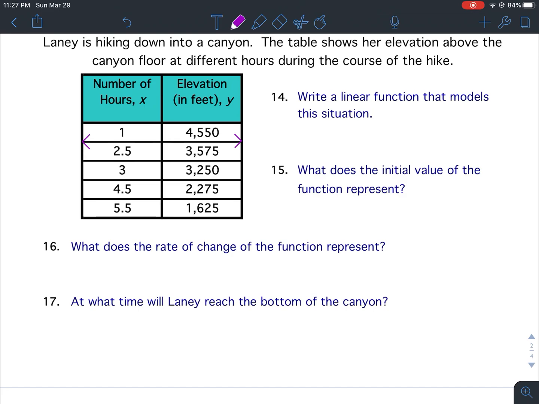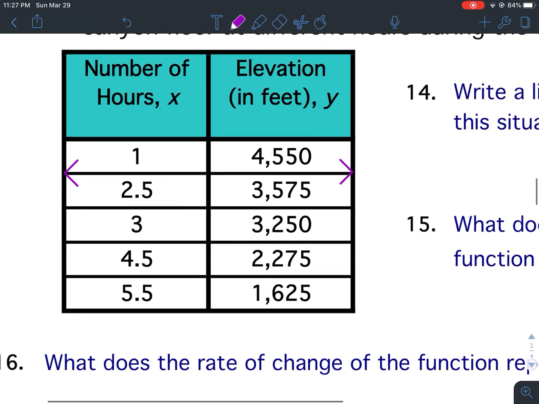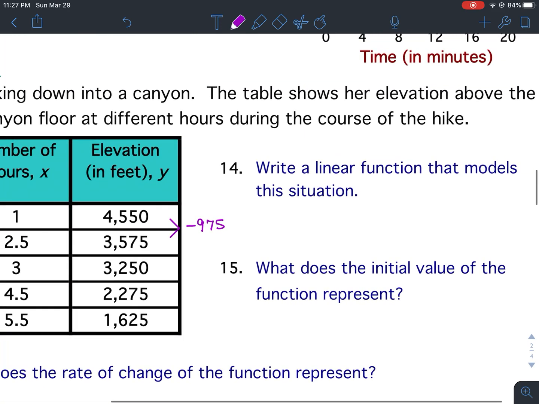In order to write that linear function, that means write an equation, we have to find the slope and the y-intercept. So we're going to use this chart to find the slope. So we're going to take the bottom number and subtract the top number. So 3,575 minus 4,550 is negative 975. 2.5 minus 1 is 1.5. Now, there's not a whole lot of space over here, so what we're going to do is above number 14, that's where we'll write the rate of change. So the rate of change, which is our slope,